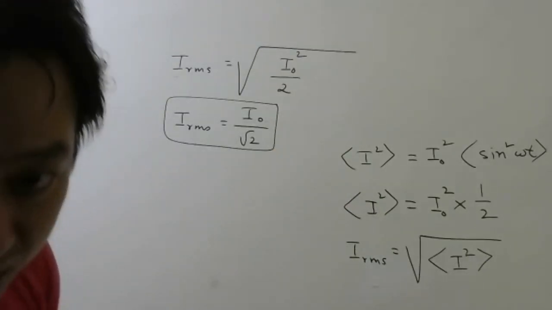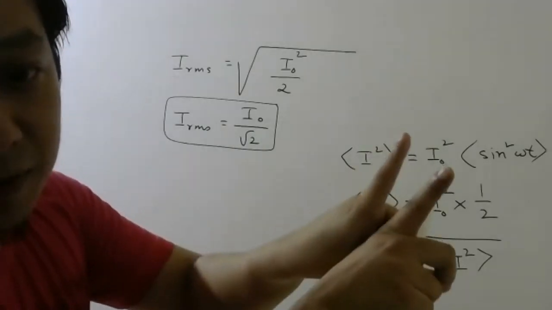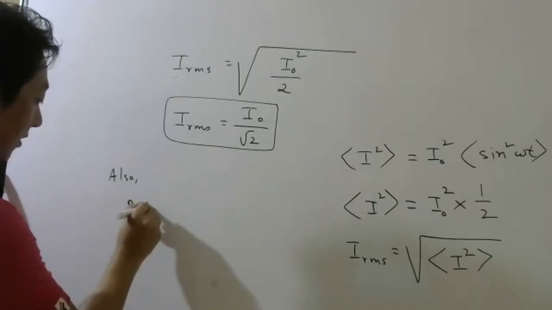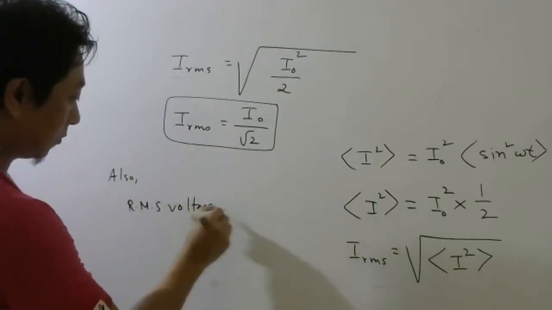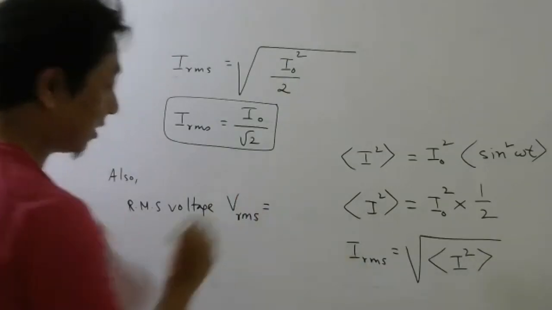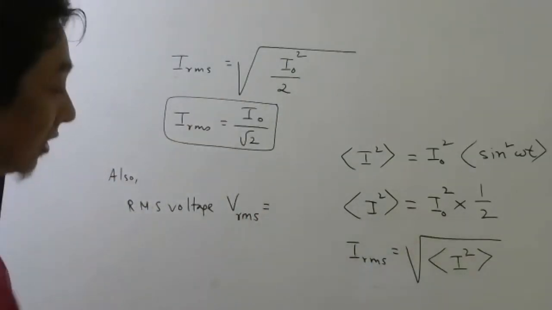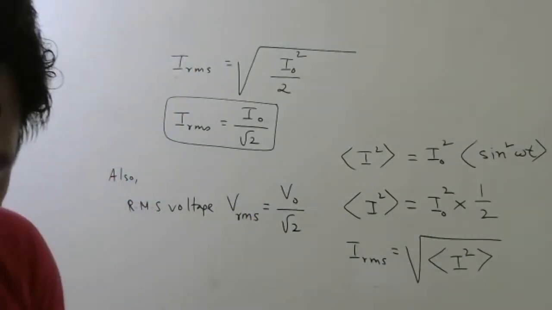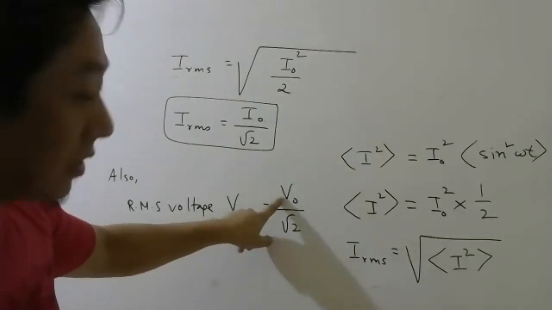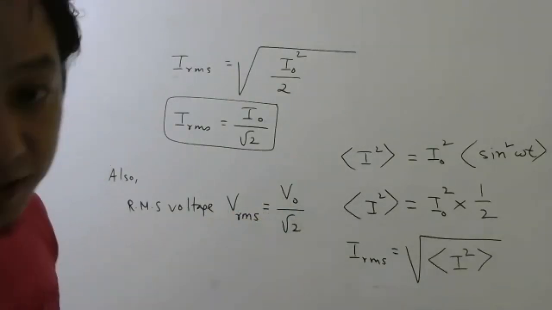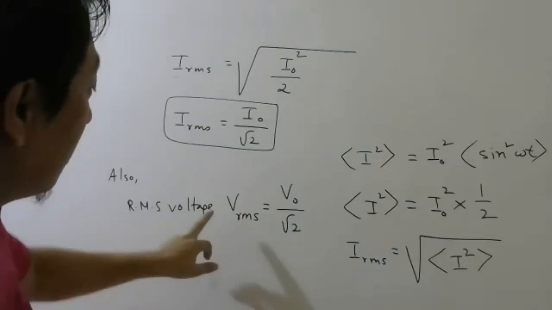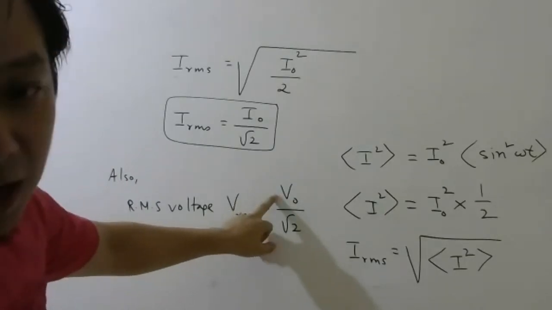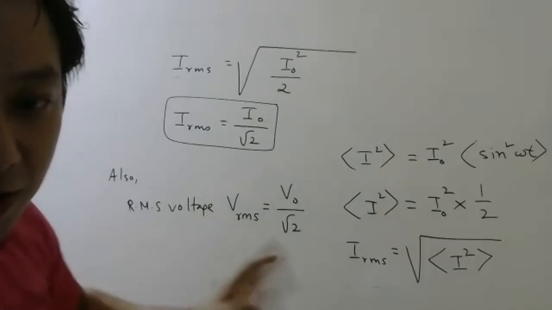If they ask for voltage, do the same thing, just write V everywhere. Also, RMS voltage will be VRMS equals to, how will you write, students? Same technique you apply: peak voltage by root 2. Okay, so be careful. If they give you this, divide by root 2 and find this. Sometimes they will give you this one. RMS they will give, peak value they will ask. Then you have to cross multiply. Don't divide everything by root 2.